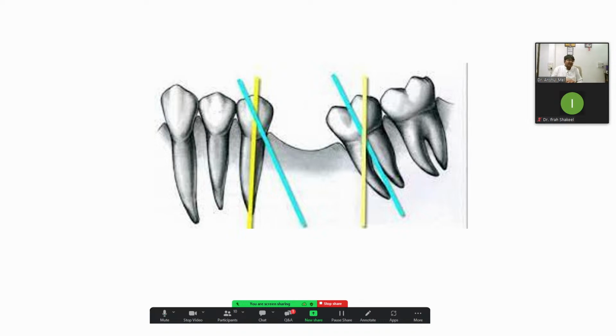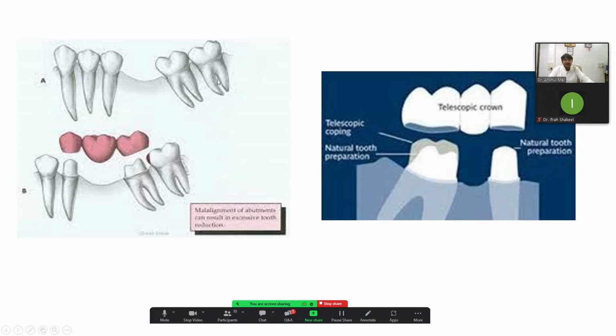I will briefly teach you about that. If you have this kind of condition in which you have to create a bridge from premolar to molar and the molar, what you will do is create the path like this. You cut the teeth to the same path, or you can make a telescopic with the same path. So you will get a single path, and your finish line should also be parallel. So you will not get the wobble, as I told you in the previous part of my presentation: the abutment is parallel and the finish line should be parallel, both should be parallel, then you will get